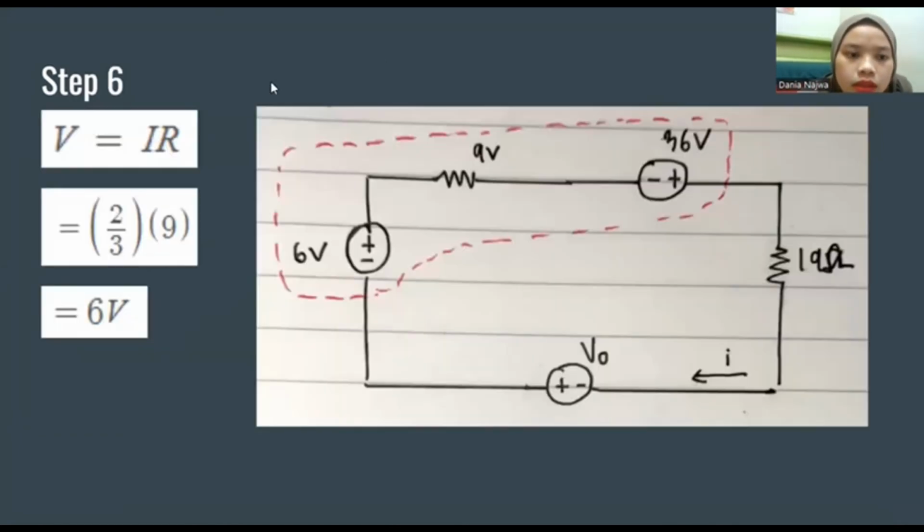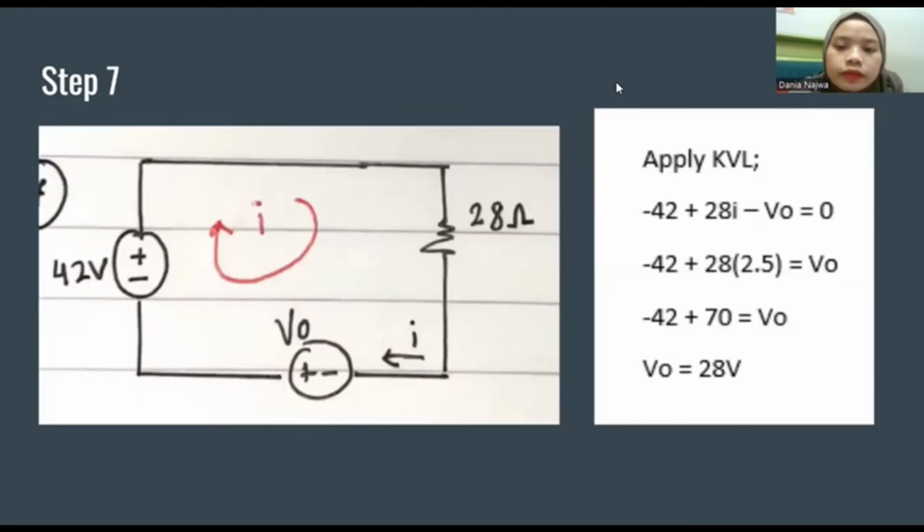step number 6 is use source transformation for current source to voltage source. So V equal to IR, 2 over 3 times 9 equal to 6 volt. And then step number 7 is we need to apply KVL. So